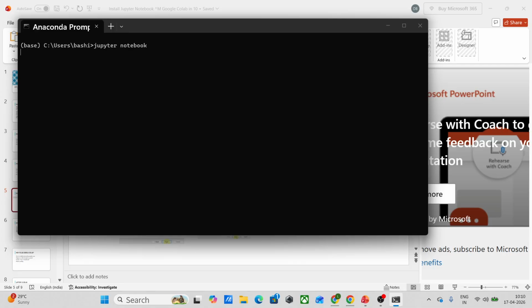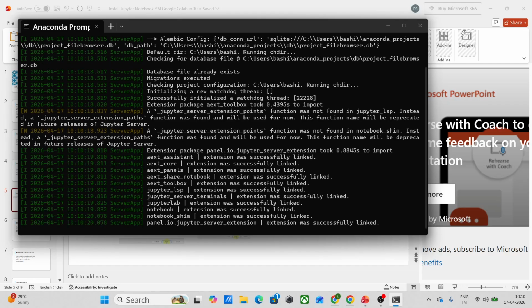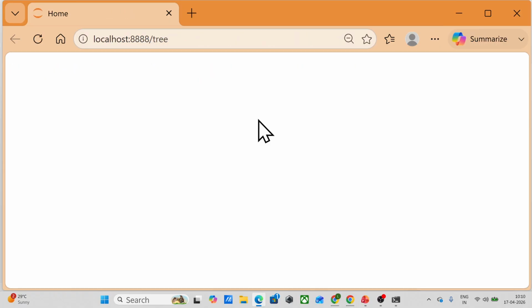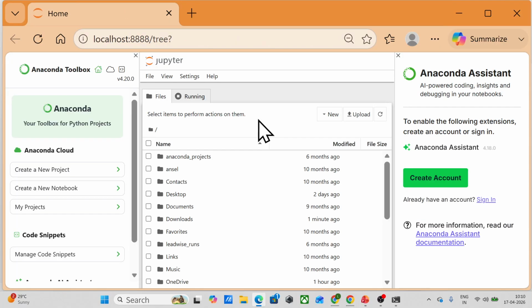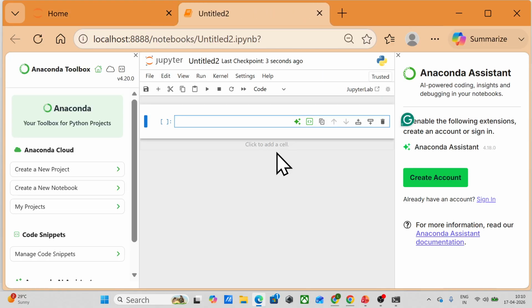Once you write Jupyter Notebook and press enter, your Jupyter Notebook will automatically open. Here you can see your Jupyter Notebook has opened. You can go here, click new, and then choose Python, and this is your Jupyter Notebook.